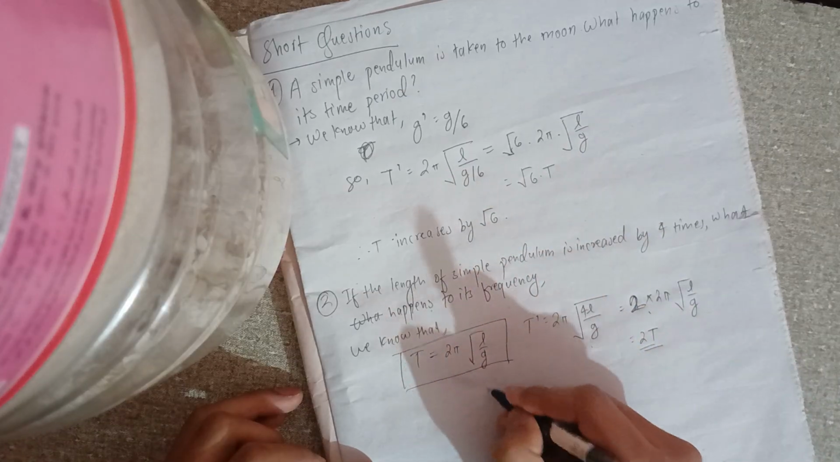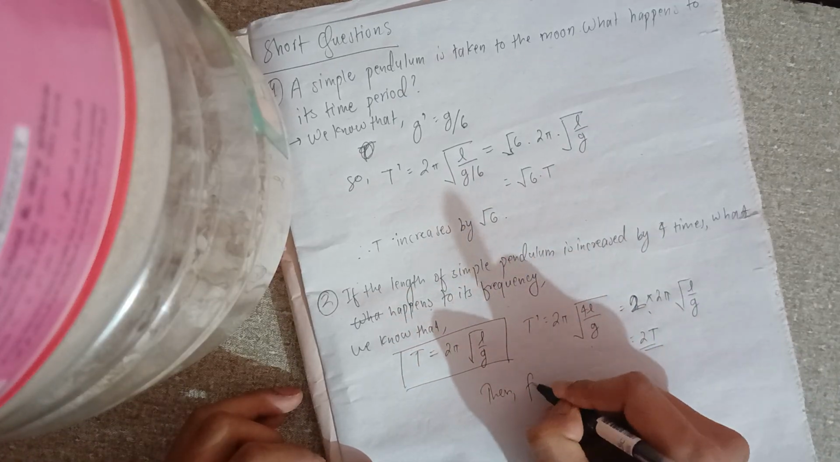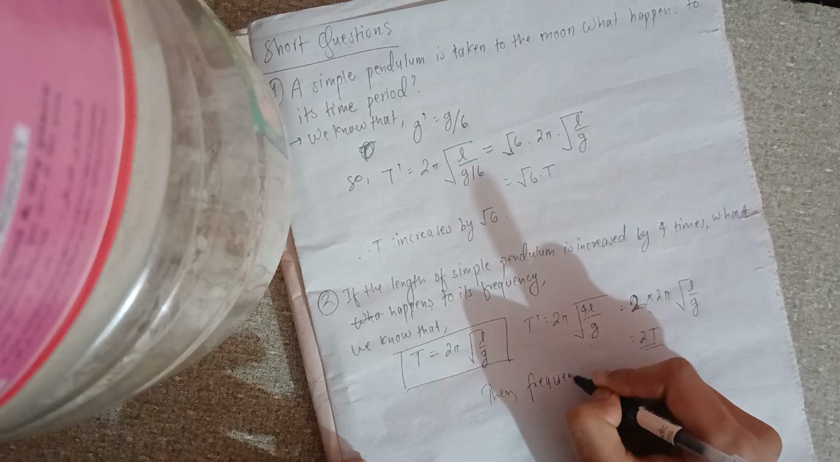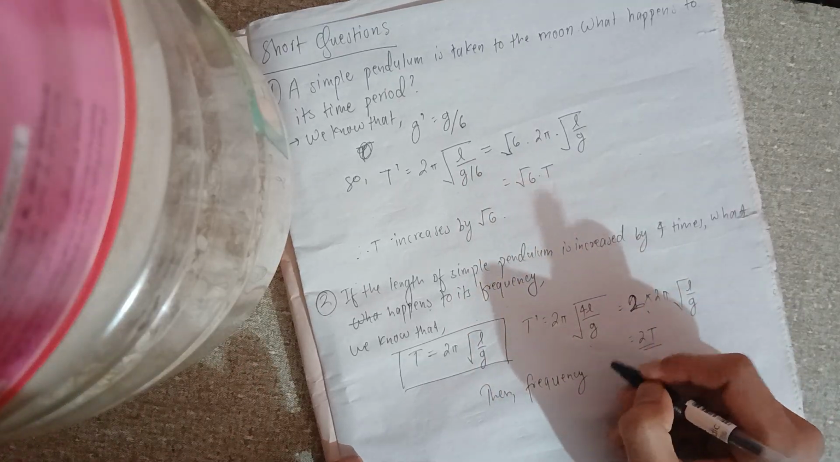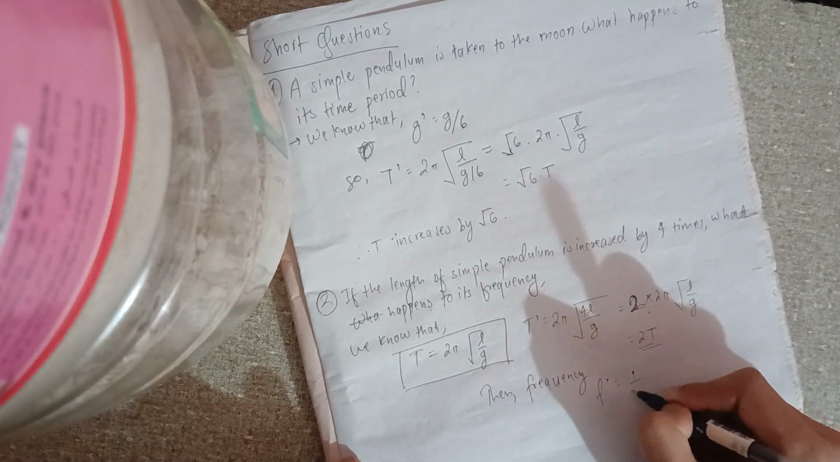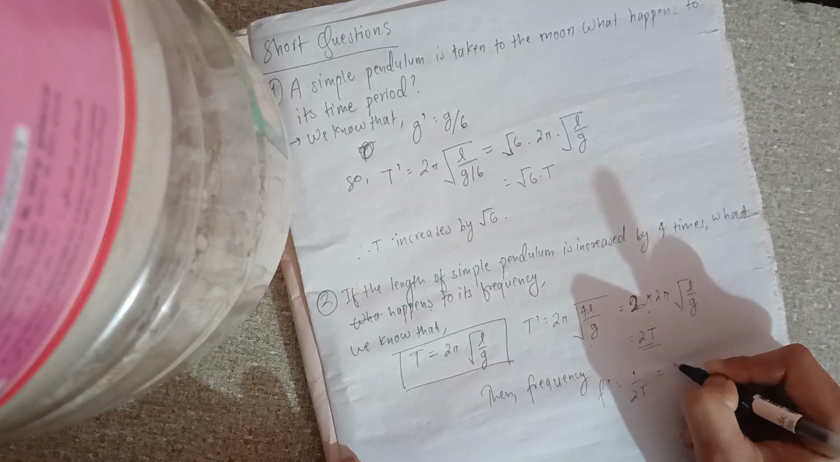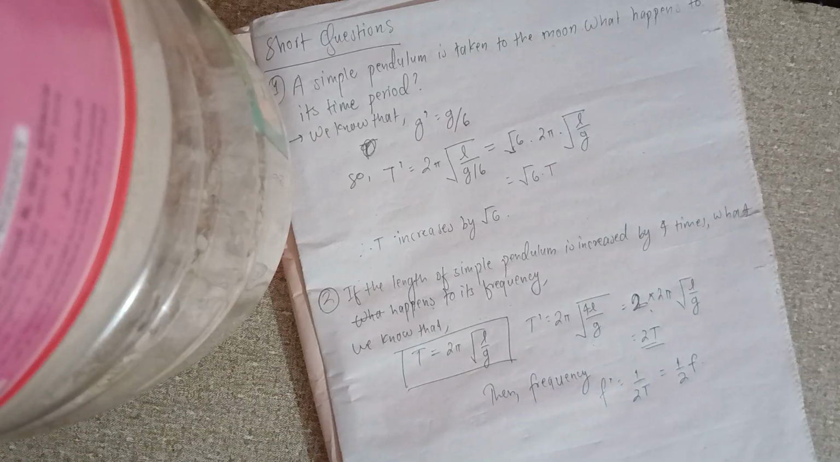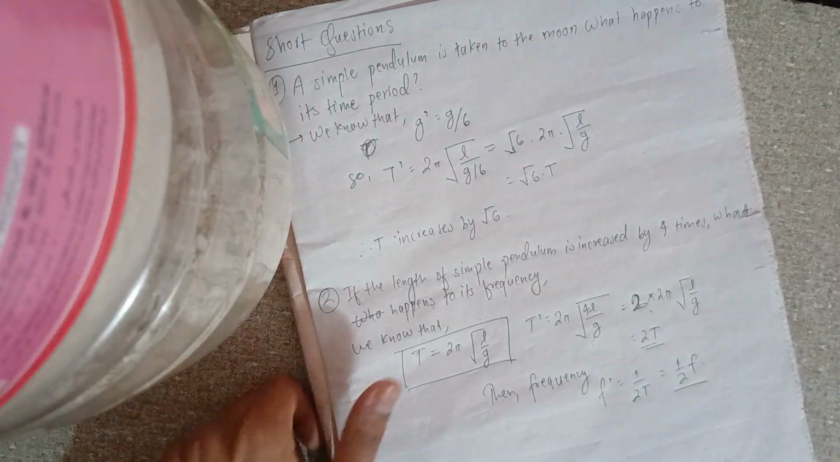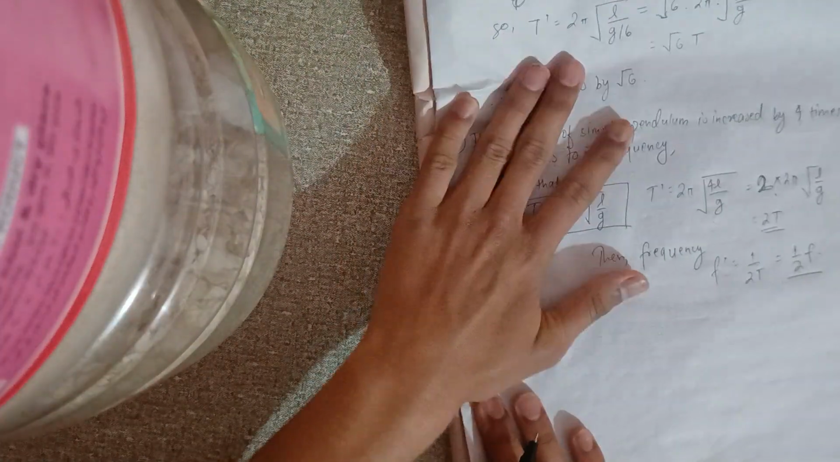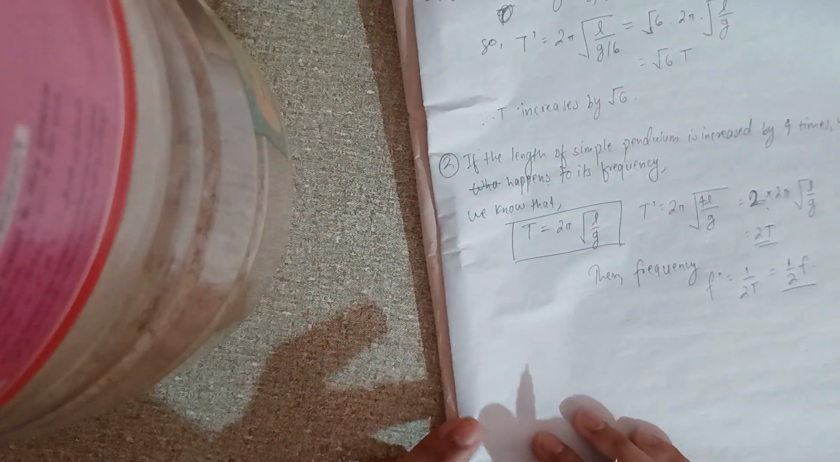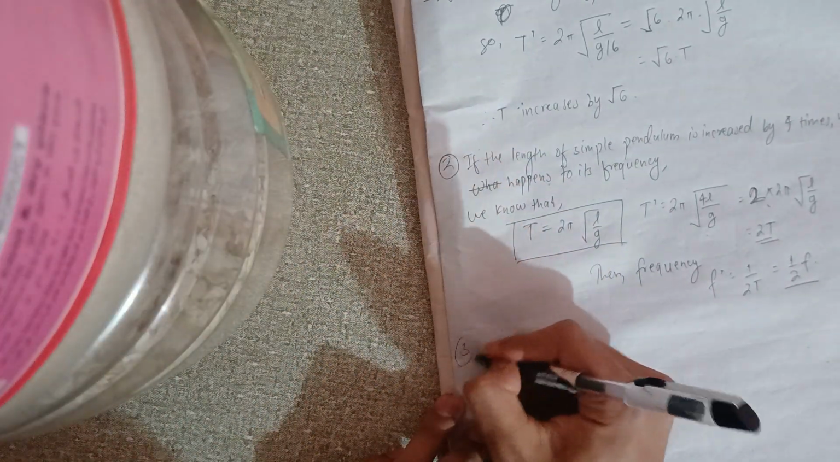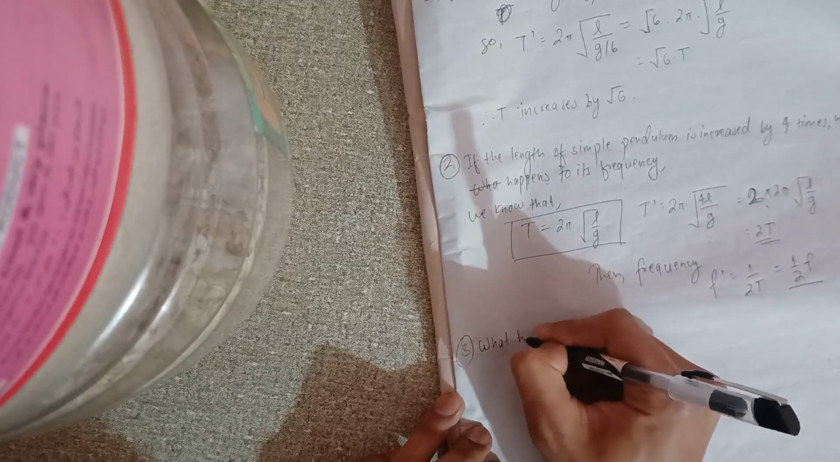So then frequency f prime will be equal to 1 by 2T. This will be equal to 1 by 2 f. So the frequency will reduce by half. You need to write that. Now another question, question number 3, is what happens when